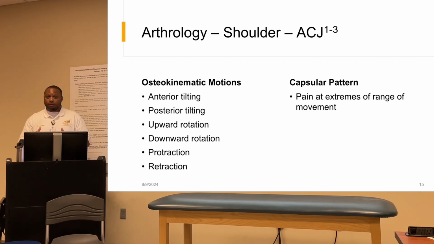Upward rotation, the inferior angle is going to move how? It's going to move away from the midline. So it's going to move away from the midline and superior. With downward rotation, the inferior angle is going to move toward the midline. In protraction, the scapula and acromion is going to move away from the midline, and then with retraction, the scapula is moving towards the midline. The acromion,